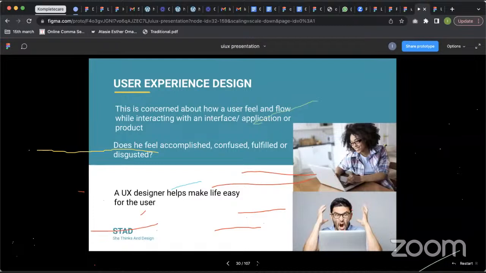But as a user experience designer, my work is to make the user feel comfortable. That means I may not make it one long form, I may do it step by step. I may give certain instructions so that filling the form is easier. As a result of user experience design, we have something like sign up with Google, sign up with Facebook, because people are lazy. People don't have the strength. So a user experience designer thought, okay, how can we make the whole thing seamless? Do you understand? So you are here to make life easier. And like I said, you are very important.